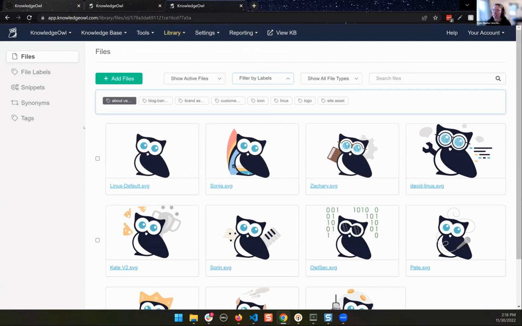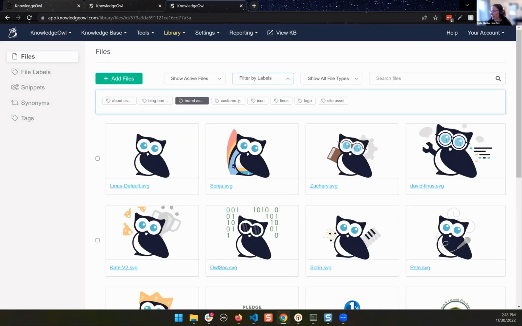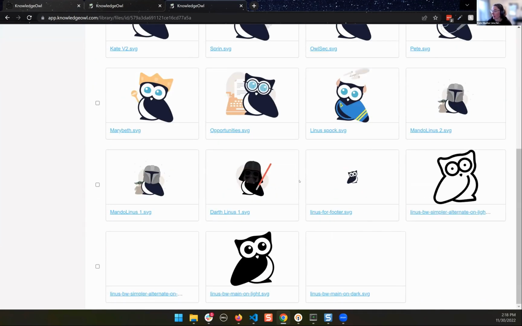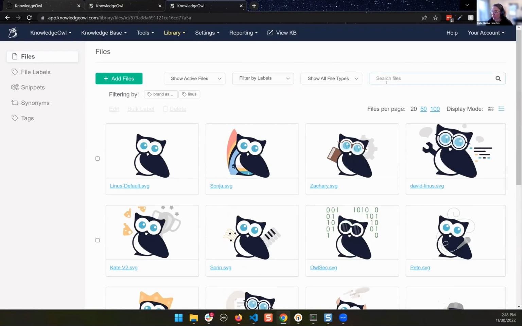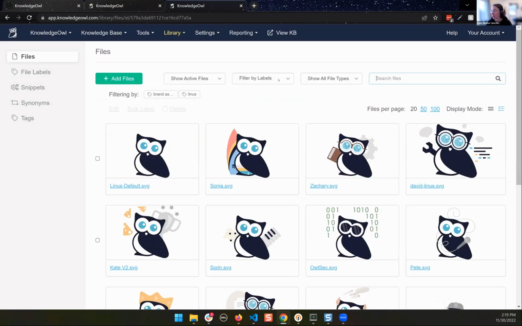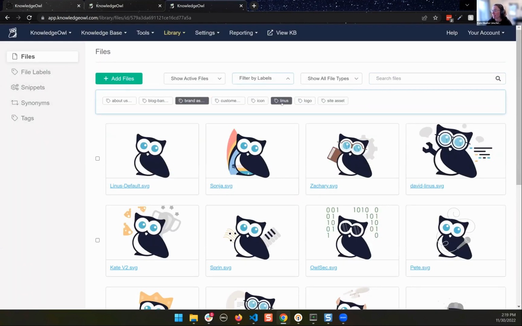So if you had a whole bunch of content that didn't have naming conventions on those files, and you wanted a way to quickly come in and say, oh, I want to see everything that has to do with, in this case, we're going to call it a brand asset, and it needs to be one of our Linuses. Linus is our mascot owl. If you've got that stuff labeled, then you can actually come in and filter by that label. Then you can still search within this. So I can come find myself, and that will pull things that have either the label or the search term. So it can be a great way to get at